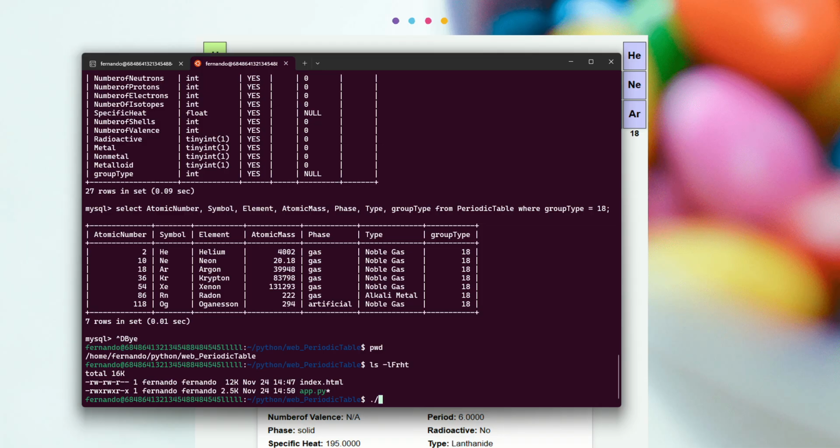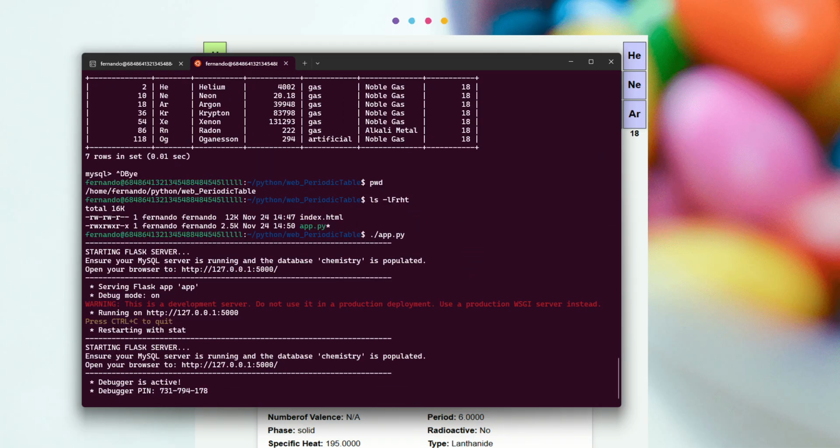If we run the application in Python, it directs you to localhost port 5000, so that you can see the periodic table, the interactive one. If I connect to this URL,